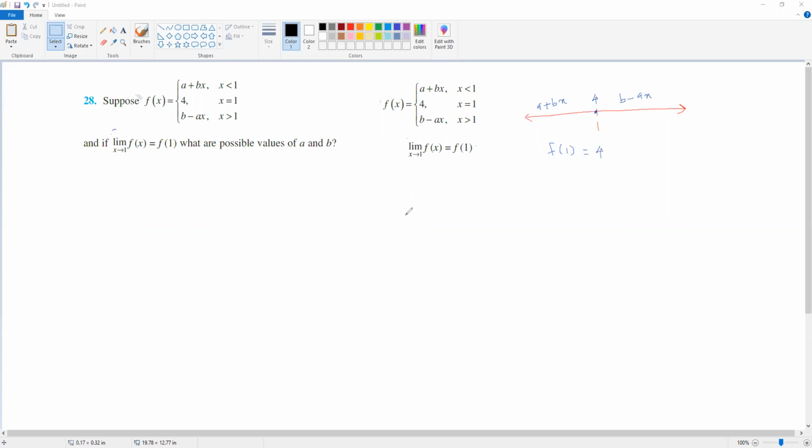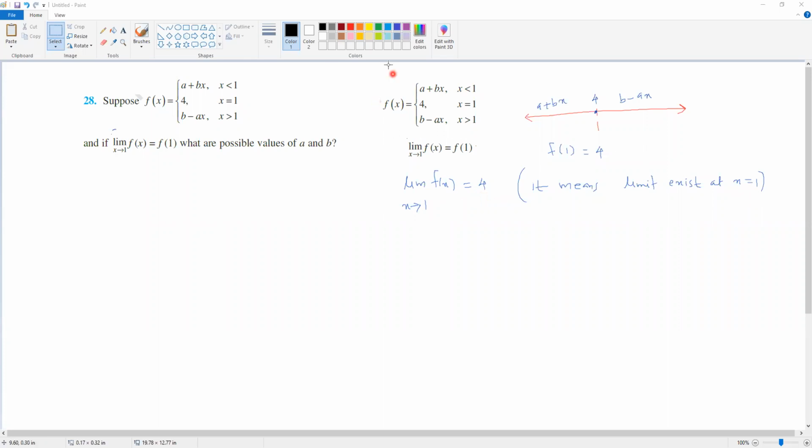Yes, sir. So what is given is that the limit of that function as x approaches 1 is equal to 4. Then what does limit exist mean? It means the limit exists at x is equal to 1. That is, when x is approaching 1, the function value is approaching 4.